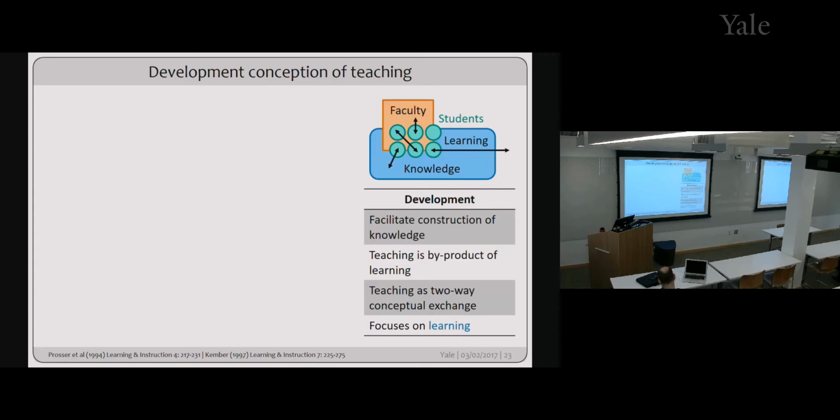And so teaching is sort of a two-way conceptual exchange, where in this case, the faculty or the instructor doesn't hold all the knowledge, right? There's a give and take process going on. My favorite literature example is, I hope I get the history right, but I think in the 80s, there was a social movement in the UK where a lot of older women went back to university to get higher education. So there's a lot of programs developed specifically for this demographic.